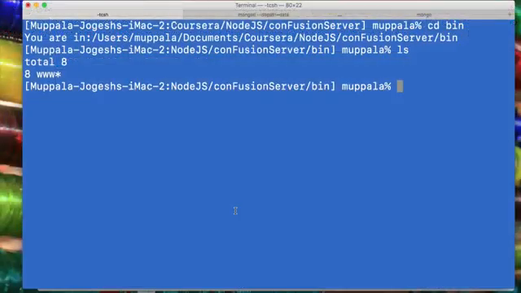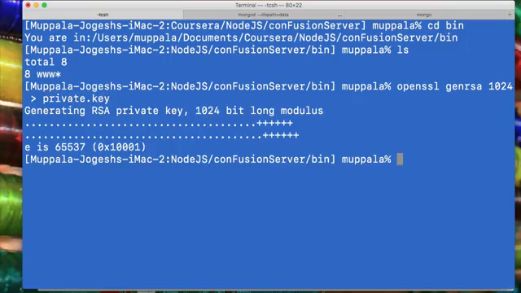So going to the terminal, let me type openssl genrsa 1024, meaning that I'm going to generate a private key of size 1024. I'm going to put this into a file named private.key. And once this is generated, we will generate the corresponding cert.csr file. So we'll say openssl req, so we are requesting a new certificate with the key private.key, and we will generate that